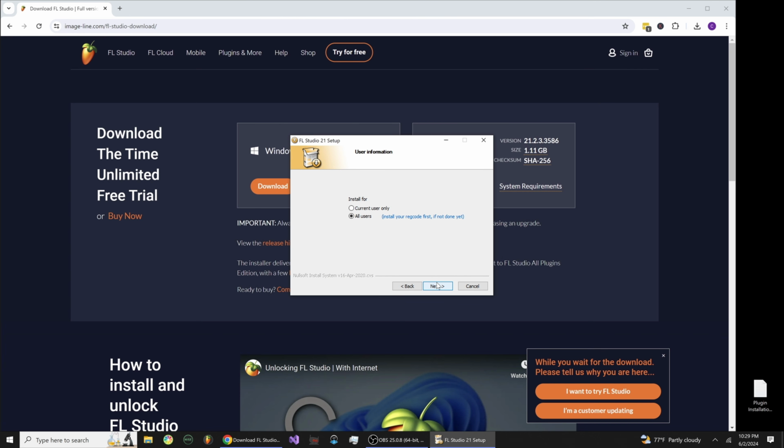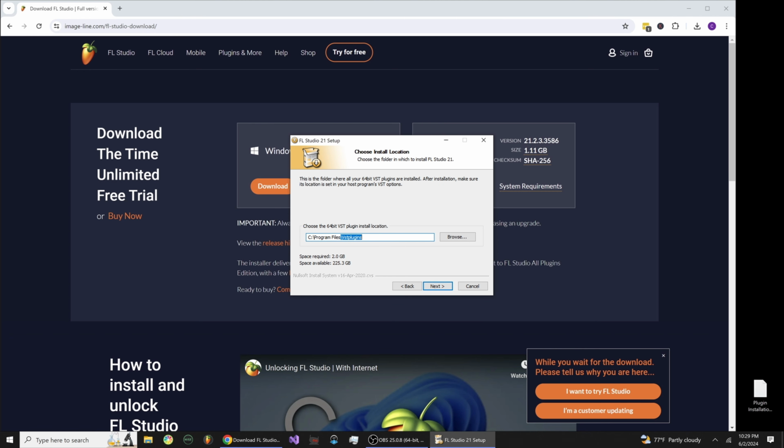We're just going to hit next on all the installers here. Don't change anything. So here's where it's going to install the program, where it keeps all the program files. So just keep this default, or you could just copy that location if you guys change that by accident. Okay, hit next. Now we're going to install the 64-bit VST.